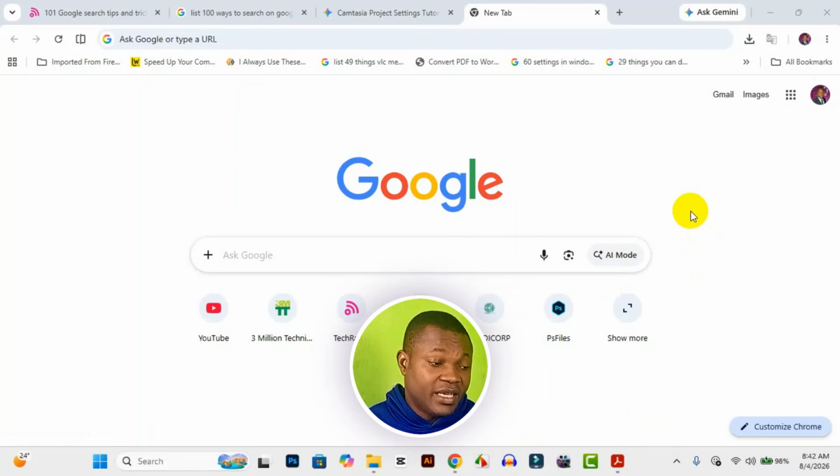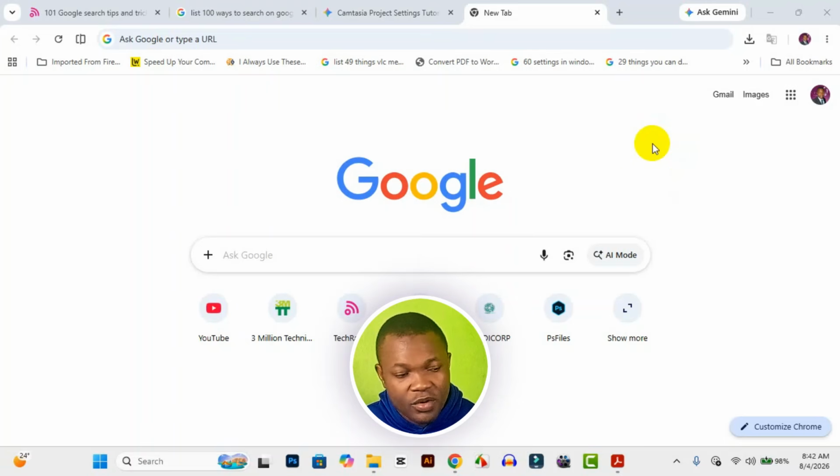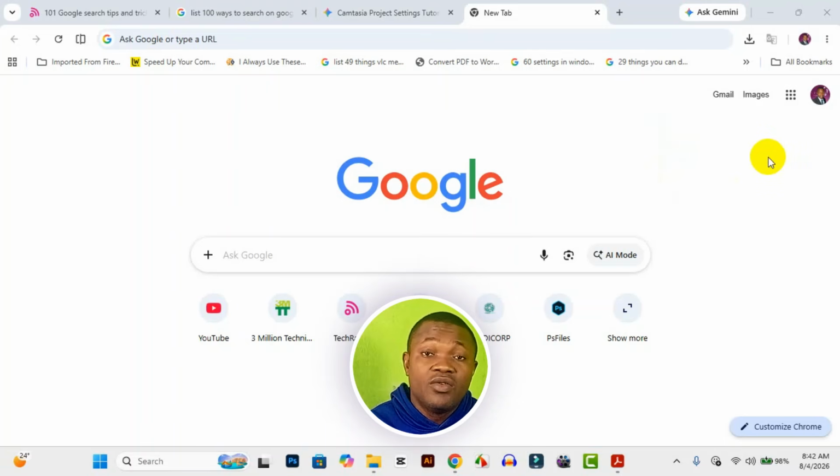The very first thing you want to do right here is to open up your Chrome browser. After you open up your Chrome browser, make sure you log into the Chrome browser with the particular Google account that you want to check on some of the saved passwords and see which one of them is compromised in your password manager. So for that, after you have successfully logged in, the next thing you want to do is to